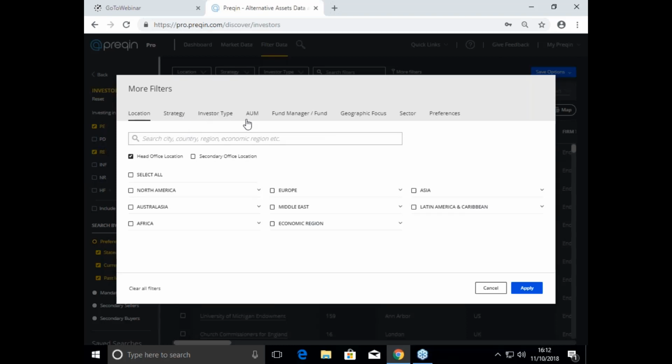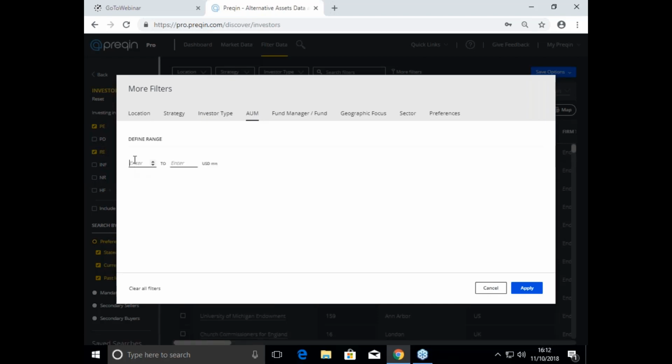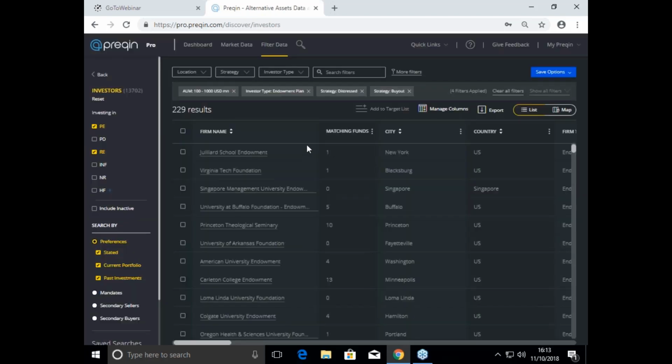From here, you can again add extra filters based on what you're after. I'm going to look for these endowments with, say, between 100 and $1 billion in AUM. Very simply, you just hit apply, and it will then apply those filters. And you can see all of those filters that I've just applied in this navigation bar here, which sits underneath